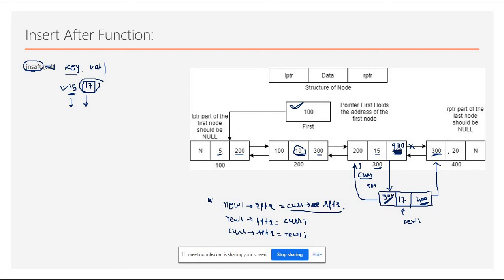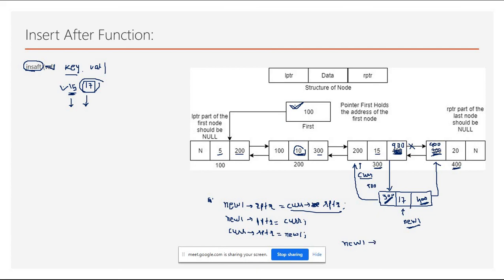Now what you need to do is you also have to modify the LPTR part, this part, right? Here what you need to put is 900. So how can I go to the 400? I'm just using a new one pointer. What is new one? New one is 900.